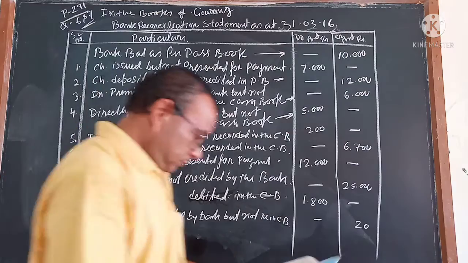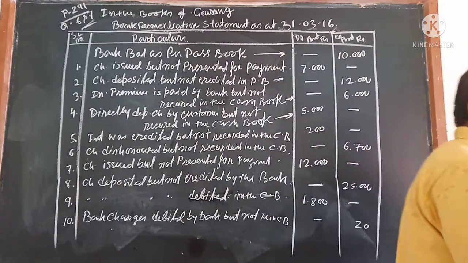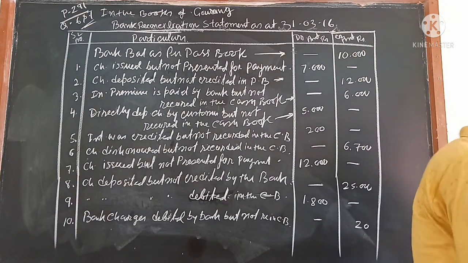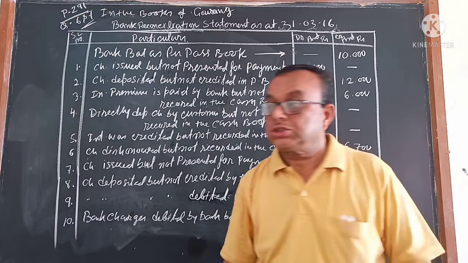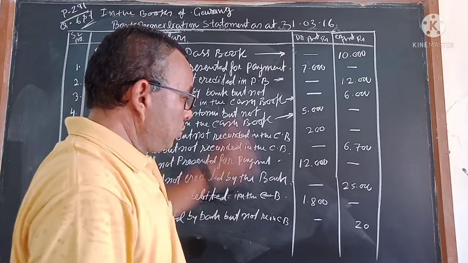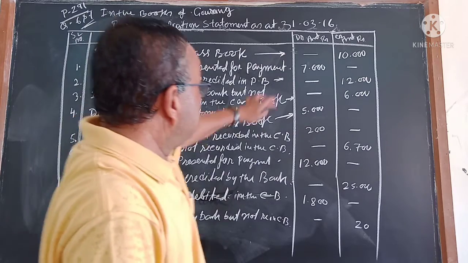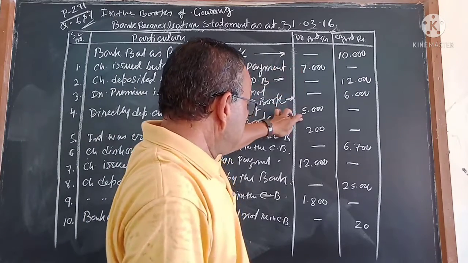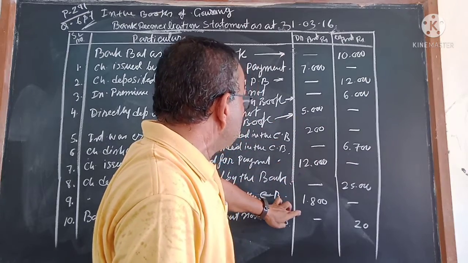That's all, the 10 we have done. Now the last part is there. You have to find out the balance. How will we find out the balance? Every one of you knows. I told you, which side is more? Approximately you see it here, 5 plus 7 is 12, 12 plus 12, 24, 24, 25.